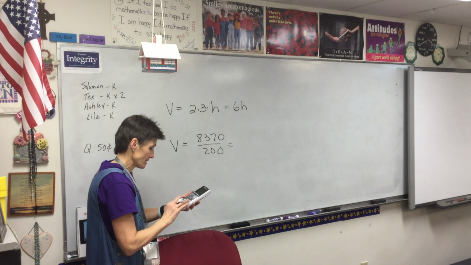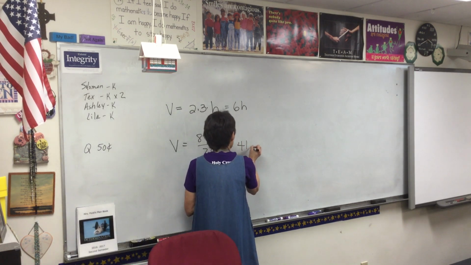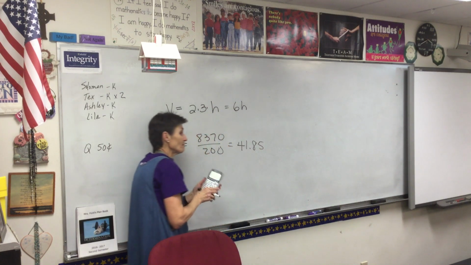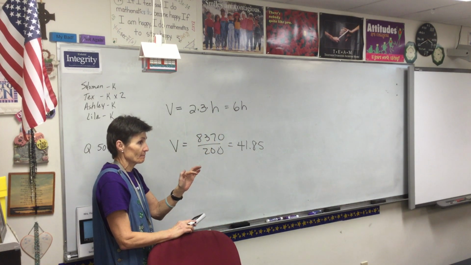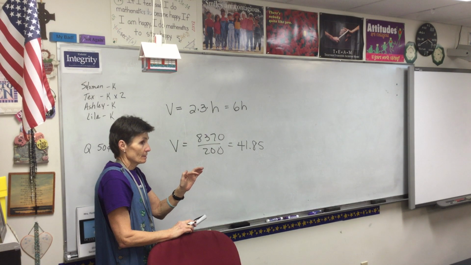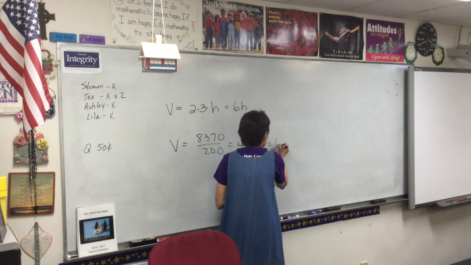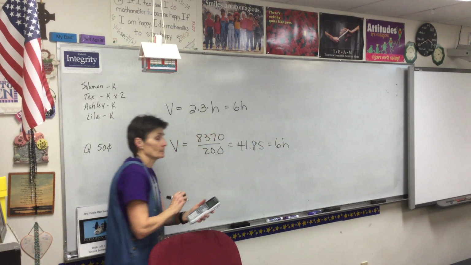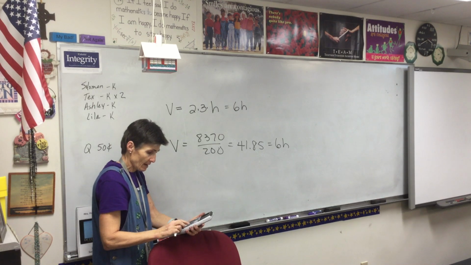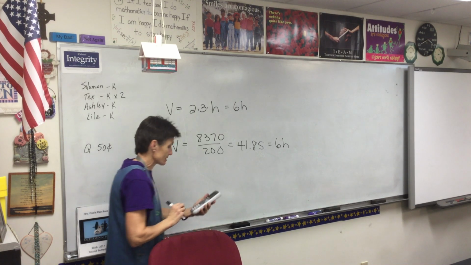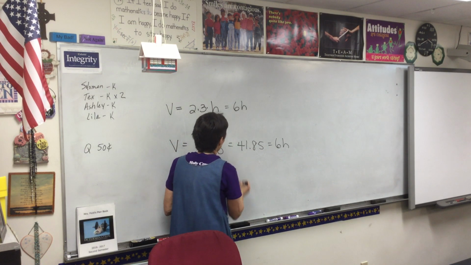So 8370 divided by 200 is 41.85. So the volume of my box is 41.85 cubic feet. I know the volume is the same as 6h. So all I have to do is take 41.85 and divide it by 6. And the height of my box is 6.975